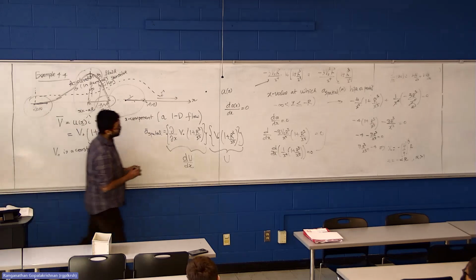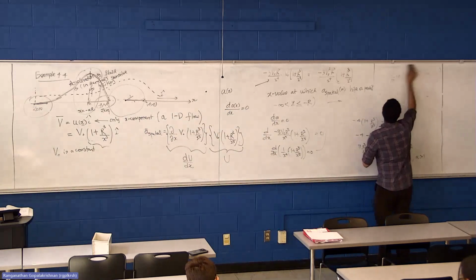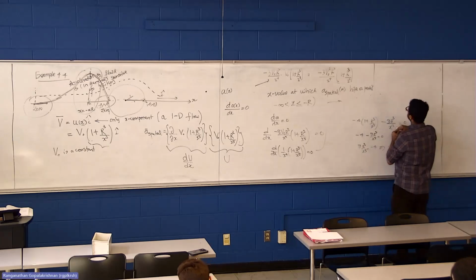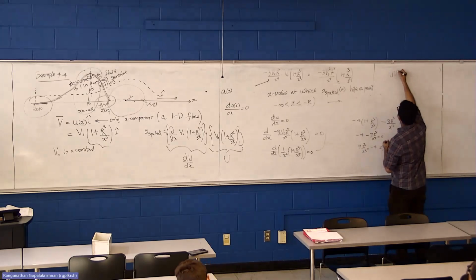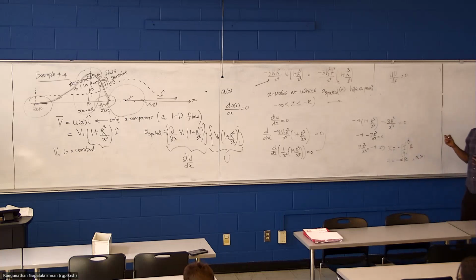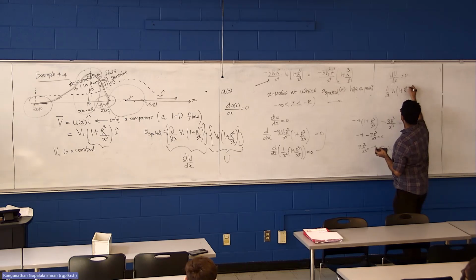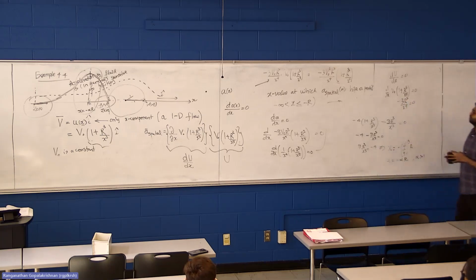Okay, so we can use the same approach. If you want to know where the velocity is peaking, what would you do? You would take the velocity and set its derivative to zero. That would be d over dx of v naught (1 + r cube over x cube) equal to 0. This is minus 3 r cube over x to the 4th equal to 0.